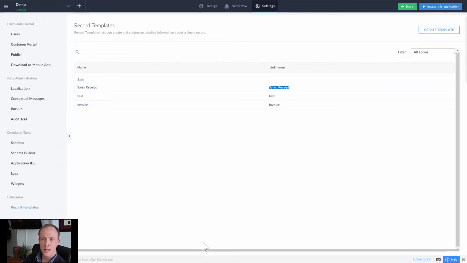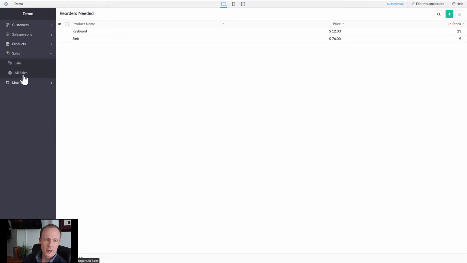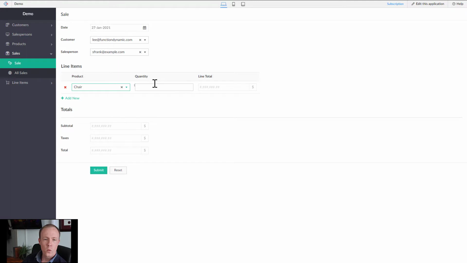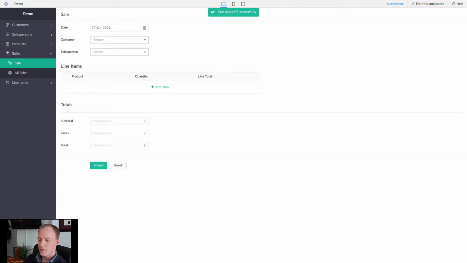Now, if I go press access this application and create a sale, select myself as a customer, fill this in really quick. When this is completed, what will happen is I will get an email saying thanks for your business, and I'll also get a PDF copy of the receipt, which is really nice. So I'll press submit. Sale added successfully. Going to wait a second. I'm going to, in the meantime, frantically refresh my email inbox,